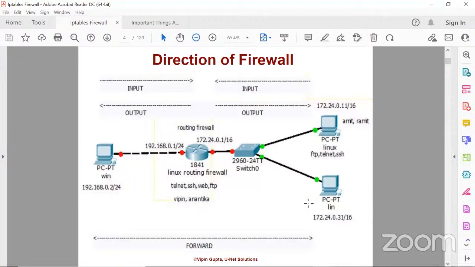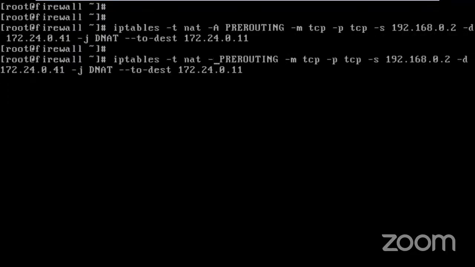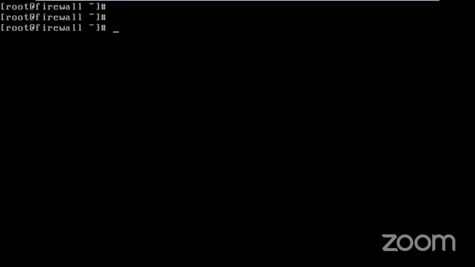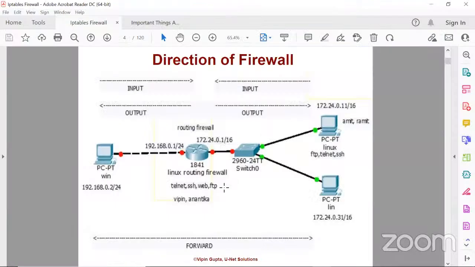Let me give you the last example. That is going to be your SNAT. So in my case, I'm just going to remove this rule. Let me remove this rule. Now, let me first make you understand what is SNAT. In my case, I have to just change the lab, another 5 to 6 minutes I'm going to take.